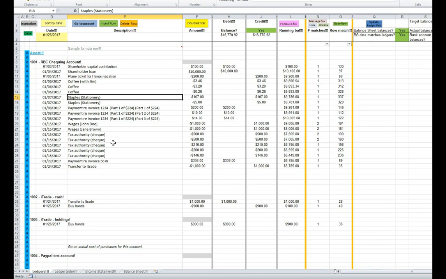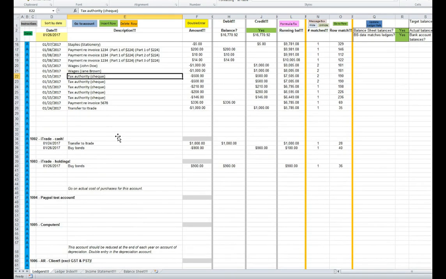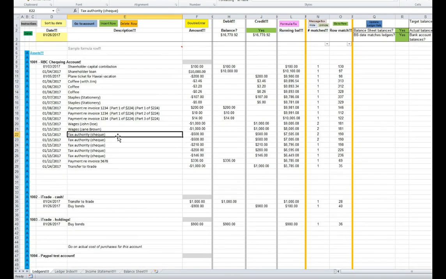The spreadsheet available for download through the description below does have some predefined ledger accounts, but you'd have to customize those as needed to suit your own purposes. The data included in the spreadsheet that we're looking at right now is actually the data that is described in video number 3, when a detailed description is given of how the spreadsheet works. But I'm going to go ahead and enter in just one more transaction as part of this quick overview video